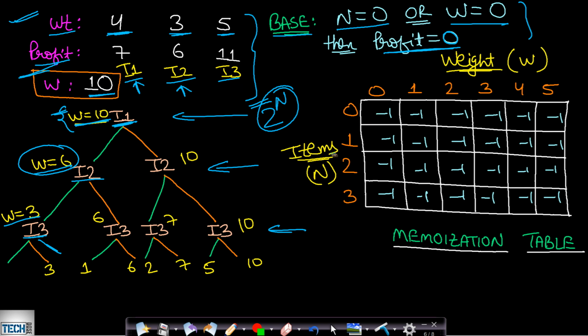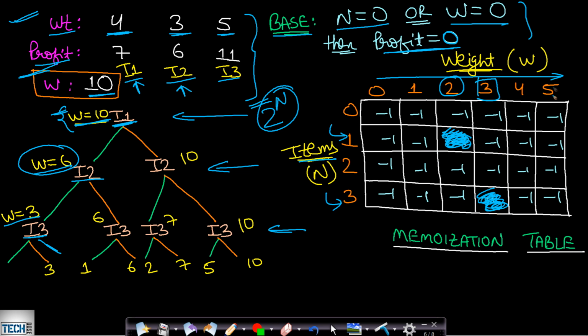So we can create a table where the row number will indicate the number of items and the column number will indicate the capacity left in the bag. Okay, so let's say you have a sub problem like this one. This is a sub problem. Okay, so this sub problem is indicating that when you have item 1 and when your capacity of the bag is 2, then what will be the maximum profit? Okay, now this sub problem is indicating that when you have all the 3 items and your capacity of the bag is 3, then what will be the maximum profit?